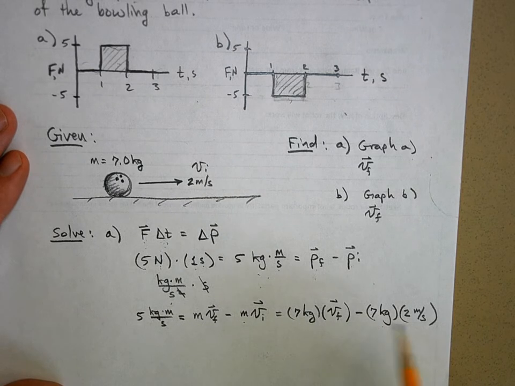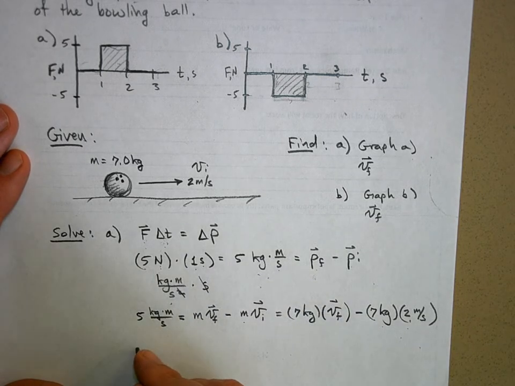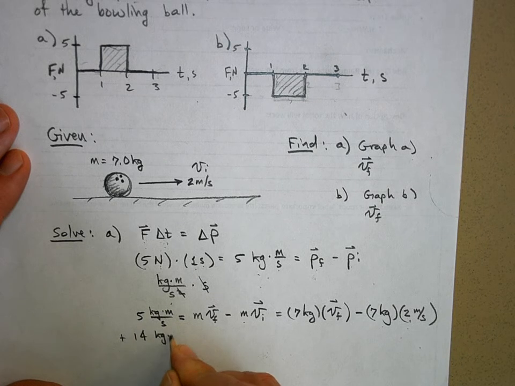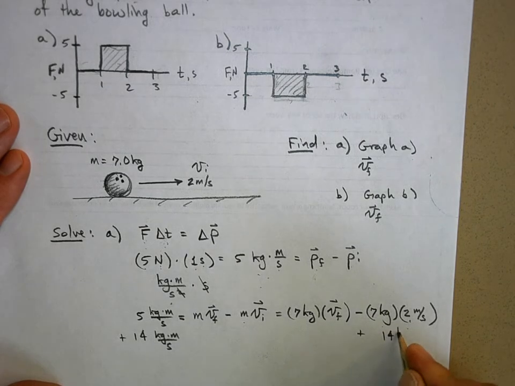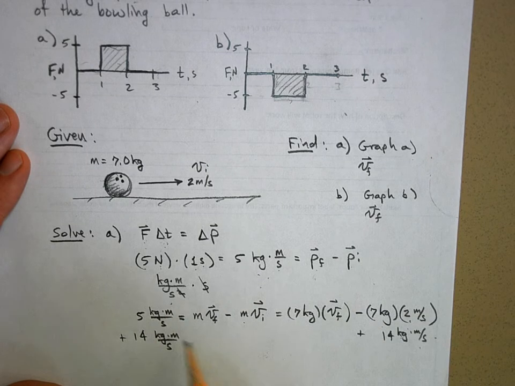Well, 7 times 2 is 14. Let's add 14 kilogram meters per second to both sides. So I'm going to add 14 kilogram meters per second to this side, and then add 14 kilogram meters per second to this side. So this goes away, and I'm left with